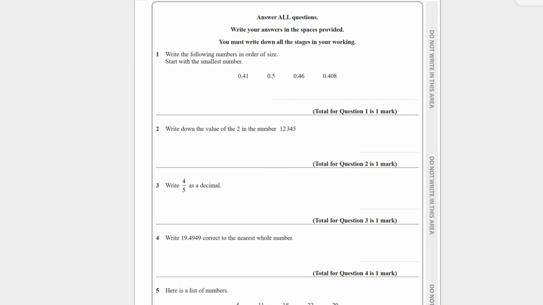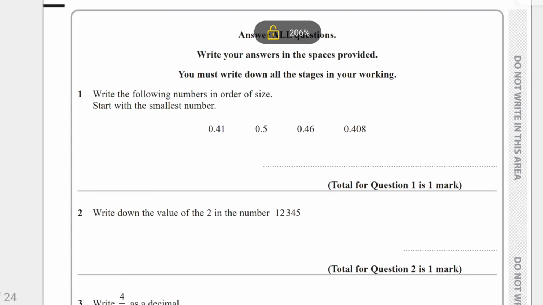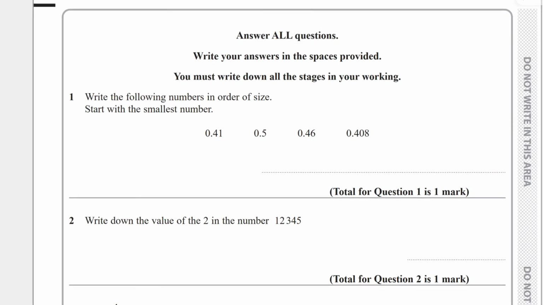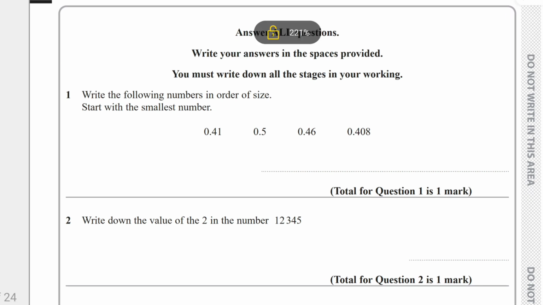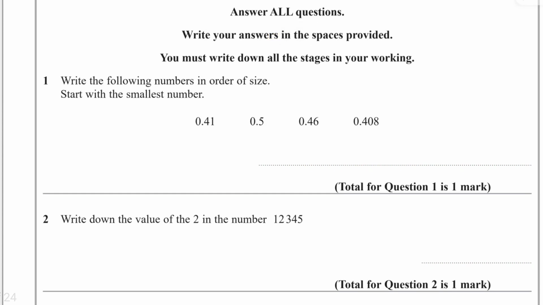Question 1. Write the following numbers in order of size. Start with the smallest. As we can see, some of these numbers are in 2 decimal places, while others are in 3 decimal places, and some are in 1 decimal place. So it is good practice to make everything 3 decimal places. First of all, I will add a 0 to this, add 2 zeros to this, add a 0 to this. So now we can see clearly which one is the smallest. So the smallest is going to be